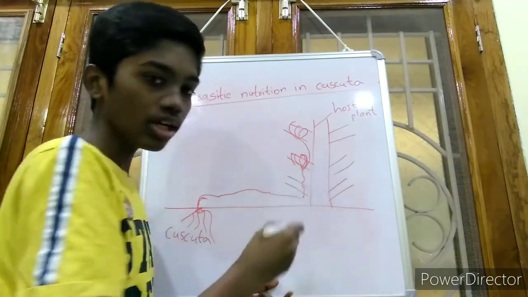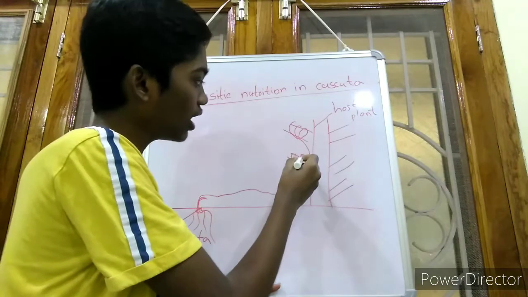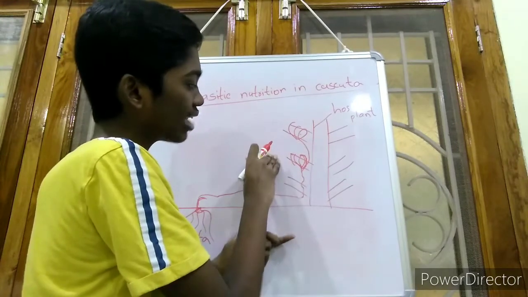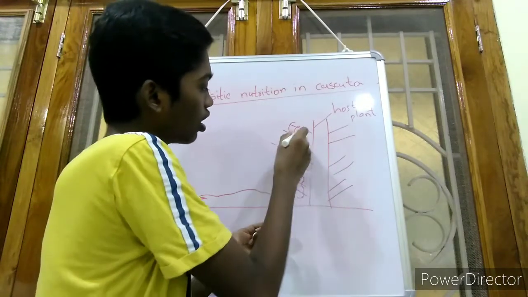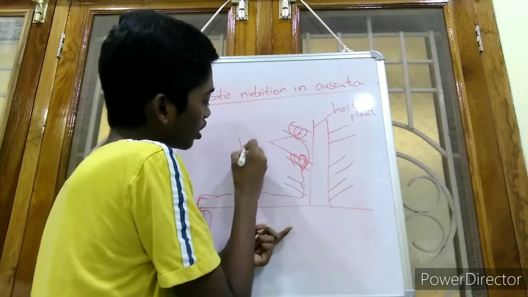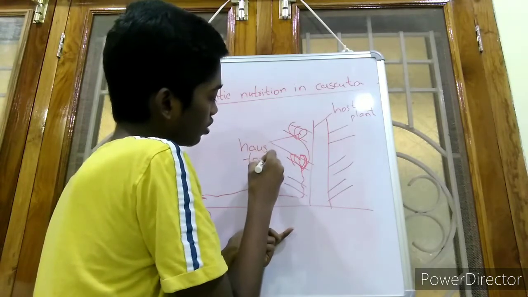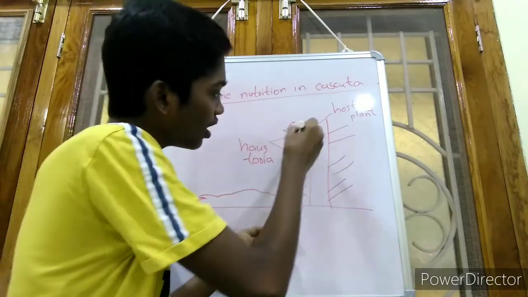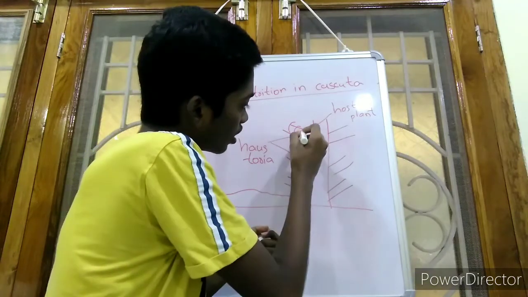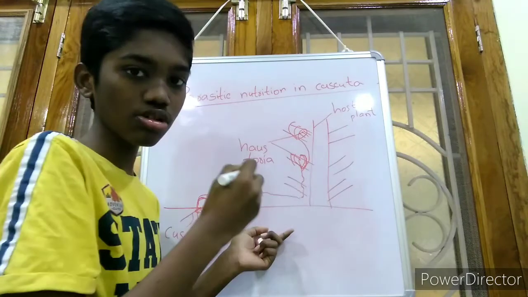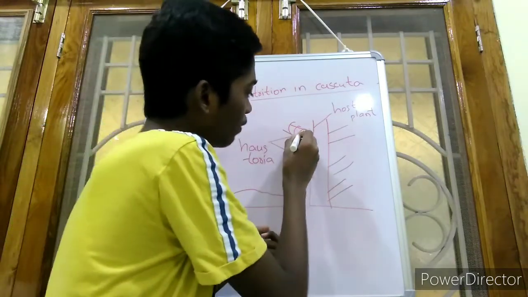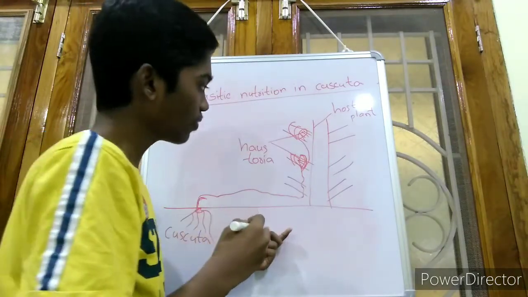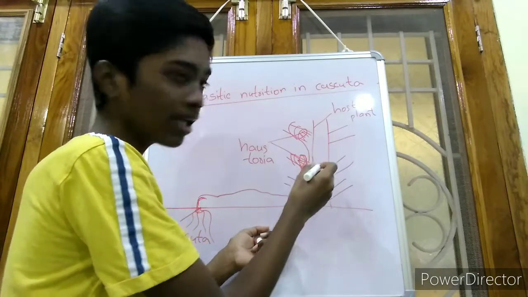Again here, after surrounding or twining around the stem of the host plant, it forms haustoria, through which it obtains the food material, and it penetrates into this stem. In the stem, some tissues are present. In those tissues, it will penetrate by haustoria, and it will obtain the food material from the haustoria. And this host plant will obtain the water.